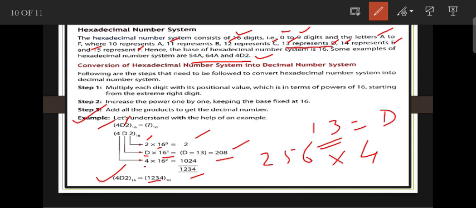Then you will understand how to convert a decimal number into a binary number system, binary to decimal, octal to decimal, hexadecimal to decimal. All of you have to practice it. I hope all of you understand today's topic, and you need to read this very carefully and also practice it at home. Practice some more conversions, then you will understand how to convert binary to decimal, decimal to binary, octal to decimal, and hexadecimal to decimal.